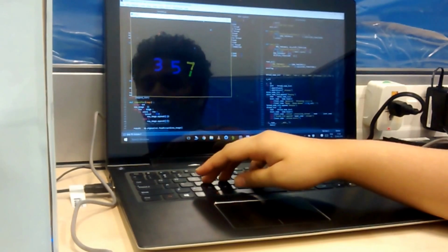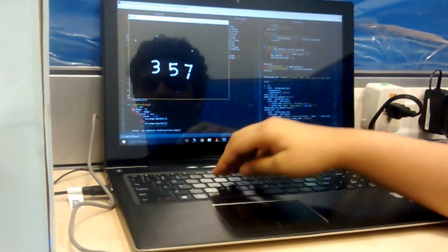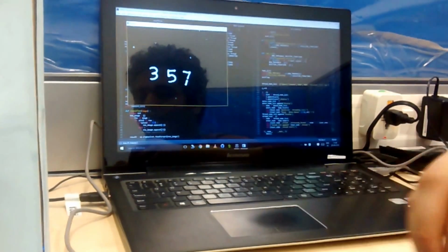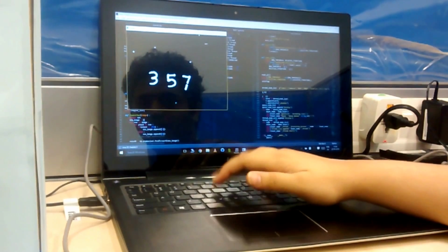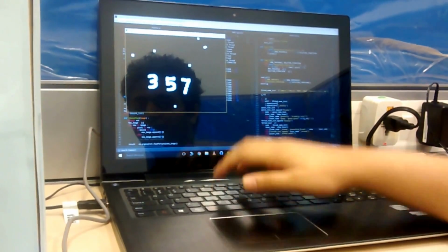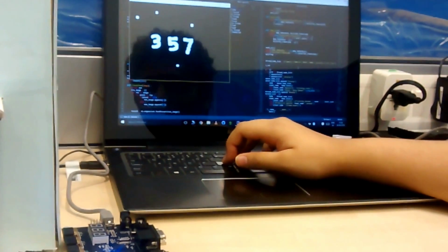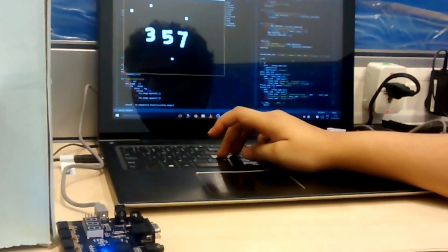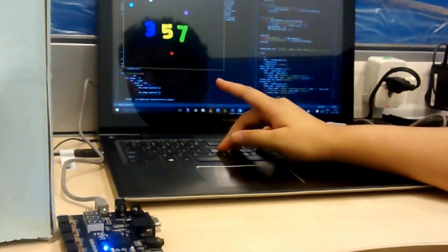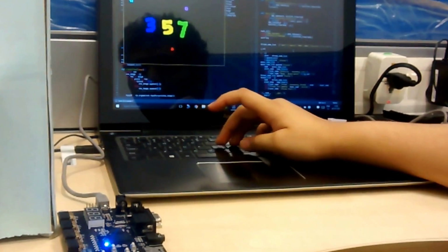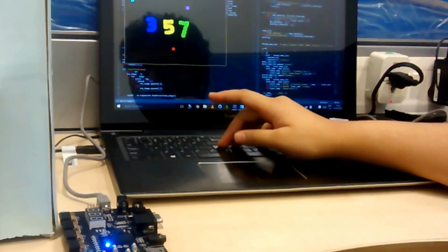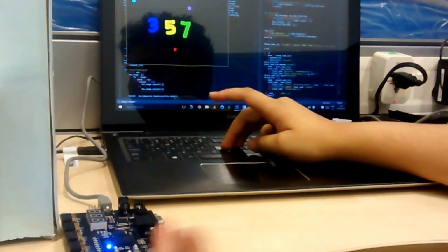Now 7 has been identified as two different objects. We do not want that, so we use something known as dilation, in which we first bleed the pixels outwards, which will end up merging with the previous parts. Now that we have dilated this image, we apply CCL to it again and we get 7 as one single connected object. Now we'll be taking these objects and sending them to the FPGA.